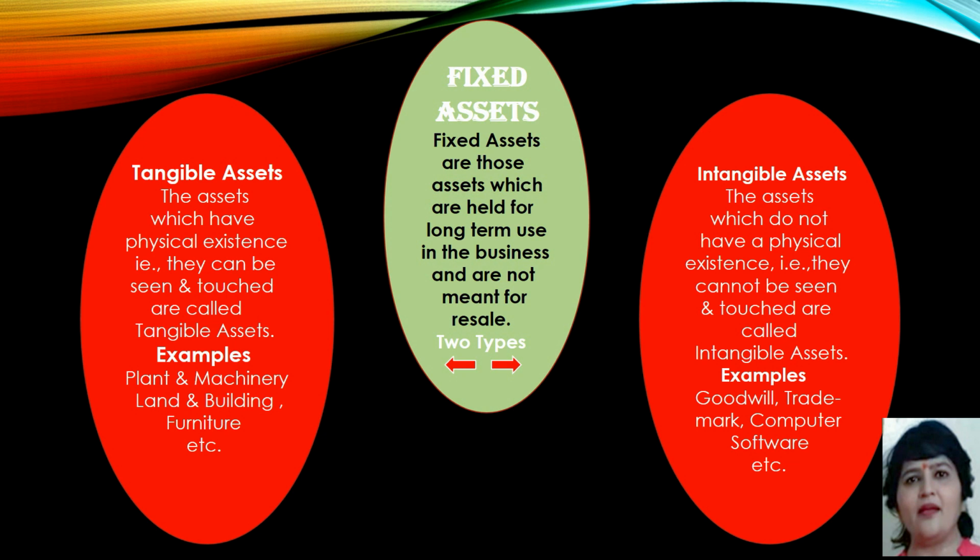Intangible assets are those assets which don't have a physical existence. That is, intangible assets cannot be seen and touched by others. For example, goodwill, trademark and computer software. Computer software these days you can't touch, you can't see. But yes, they are the basics of the computers. The computer works on the basis of that. Trademark, the mark of the business, of the trade, which has been legalized by the government. And the third example, goodwill. As I told you, you can't see image, you can't see reputation,